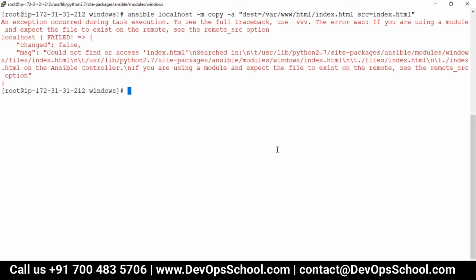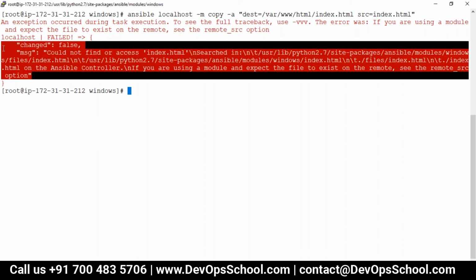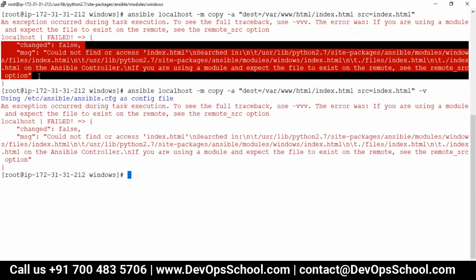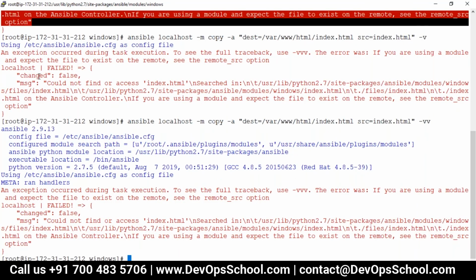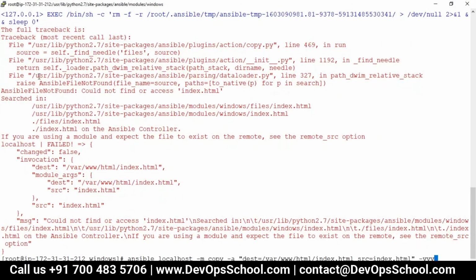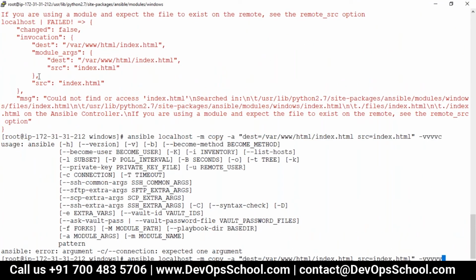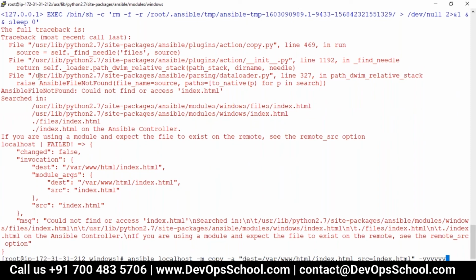Guys, there's a problem here. Maybe I'm not able to understand this log. How do we get more log? Very simple pattern, guys. I want the log, -v, smallest log, then -vv more log, more log, more log, and the last one verbose mode.